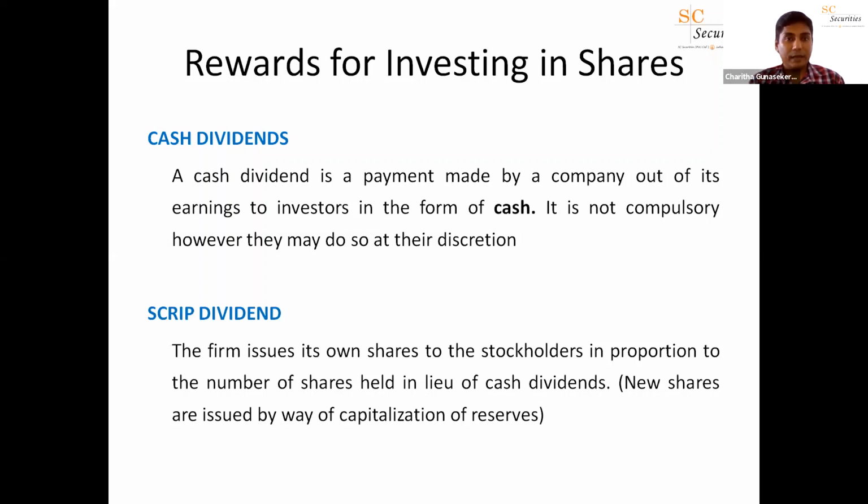Now, equity of a company is made of the share capital invested by shareholders as well as the retained earnings and other reserves which are retained in the company. So when you say equity, it includes share capital and reserves. What they do in the form of scrip dividend is they convert part of their reserve into share capital, and those new shares are given to the existing shareholders as a reward in the form of a scrip